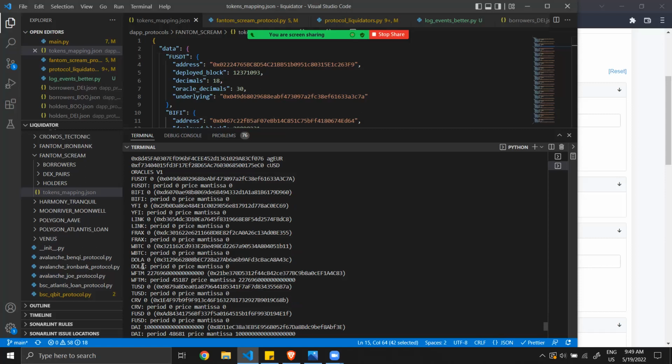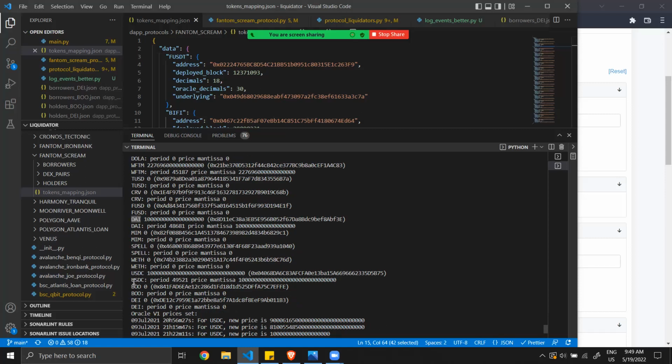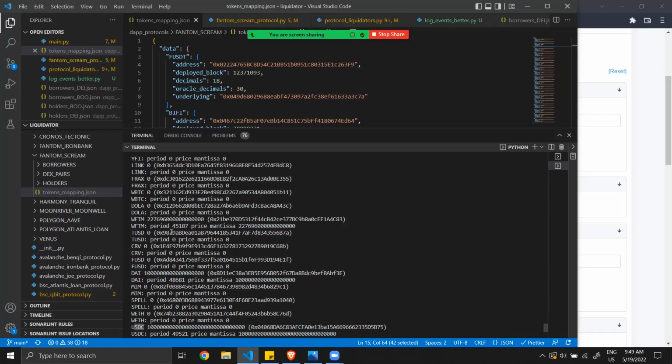And what we see is that only for Wrapped Phantom, for DAI, and for USDC, the price and the anchor are different from 0, meaning that out of 18 assets, only 3 have a price defined via this V1 Oracle contract, sorry.